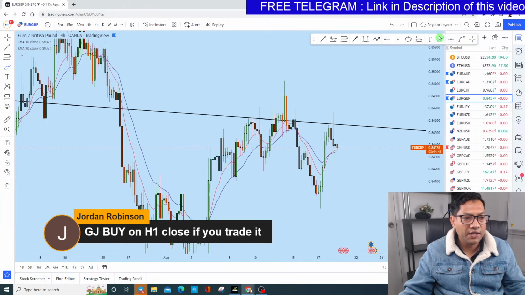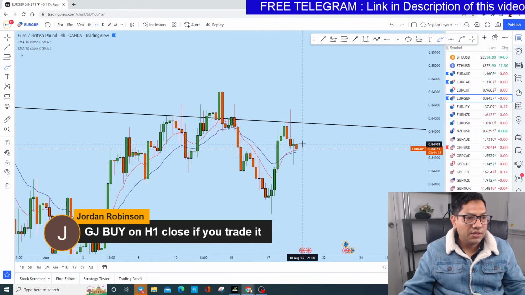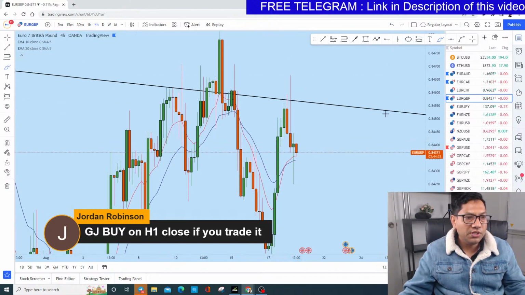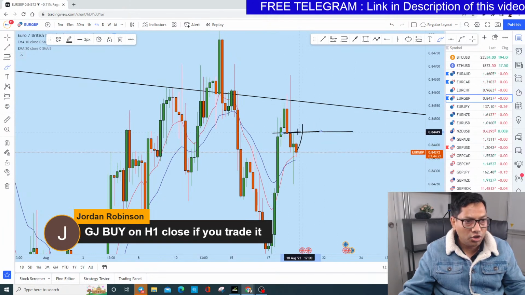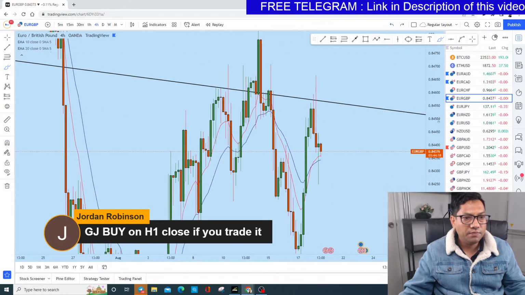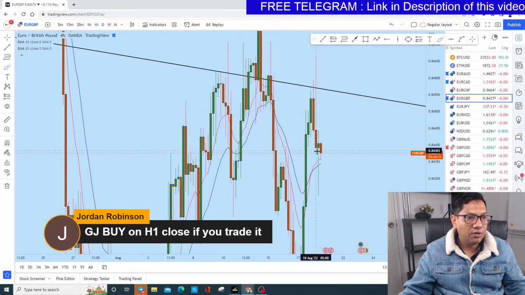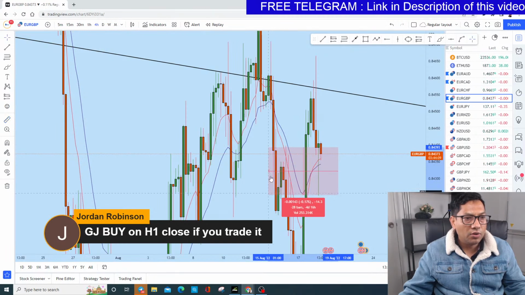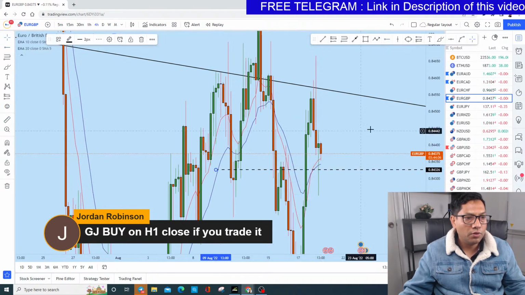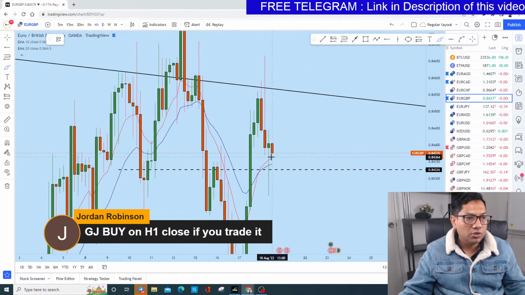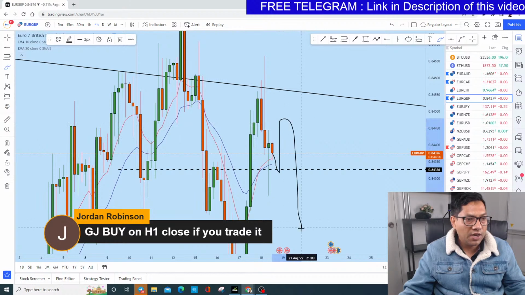Now on the 4-hour perspective, we see that the price has a doji here. This is a doji, and from this doji we see that the price basically respected this zone. What I think that Euro GBP might do, there is a probability that the price will go up, will break this high of the doji, and then will come back down again. Okay, so this is a bearish market. Okay, we might see something like that. Let me tell you, in the lifetime of this candle on Euro GBP, might come down here to this level of support. Okay, in this zone, and then we'll go up, break this high, and then we'll come back down.